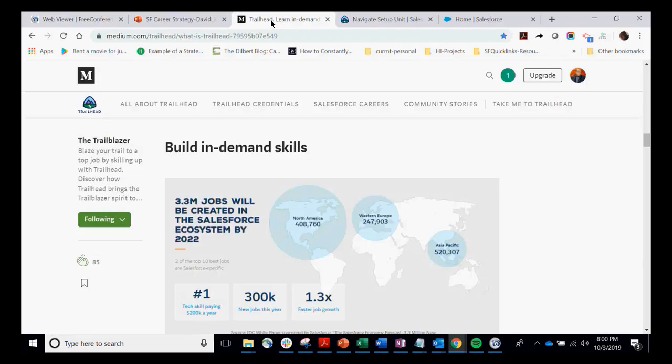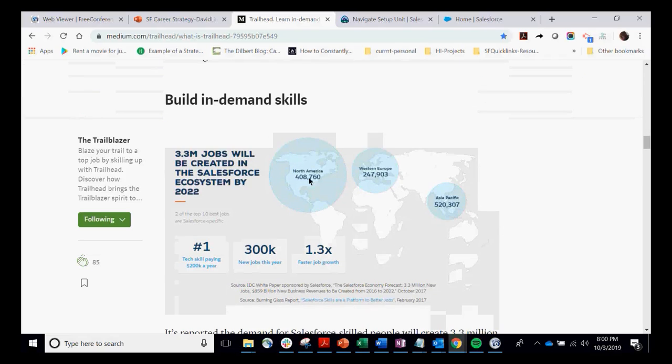So again, talking about Trailhead and stuff like that, this is what I was talking about. 3.3 million jobs. Why should I care? Why should you care? Number one, tech skill, paying $200,000 a year. How many jobs are created per year? The growth, and the reason why I care particularly about this type of stuff is because, whether we like it or not, even though I'm not somebody that sees everything in black and white,